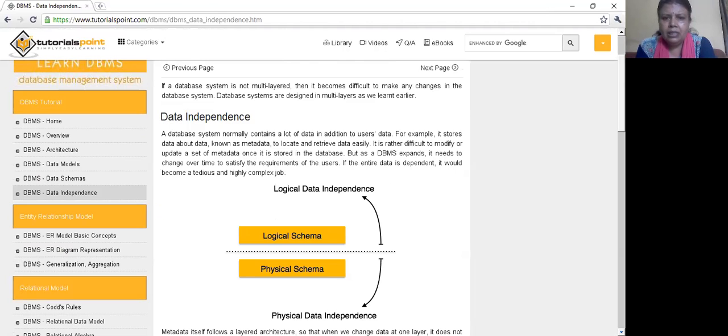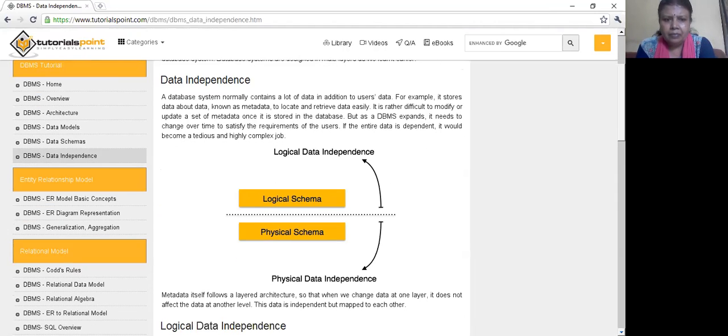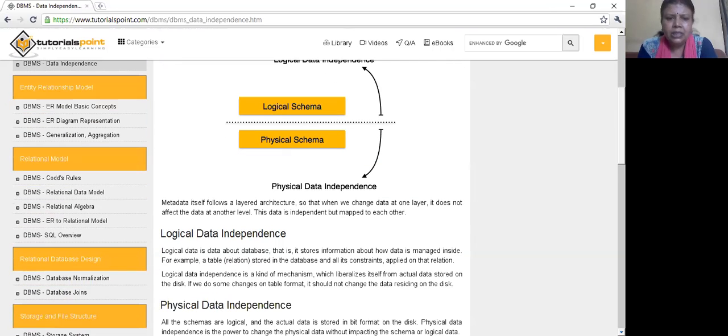Now, there are logical data independence and physical data independence. Metadata itself allows a layered architecture so that when we change data at one layer, it does not affect the data at another level. This data is independent but mapped to each other. Next, we talk of logical data independence.